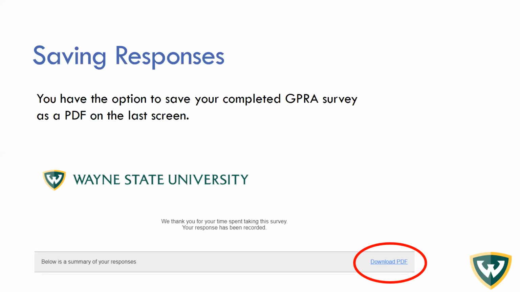I do this all the time for practitioners, for providers, and it's just something that needs to get done occasionally. So don't hesitate to let us know if you're not able to download a PDF, and we'll go get it for you. But we do recommend you keep electronic copies at least of every GPRA that you enter with your client's file, just for verification purposes in the future. Sometimes files get lost. Sometimes we reconcile data against our records. So it's just good to have a record of everything you enter into the Qualtrics system.